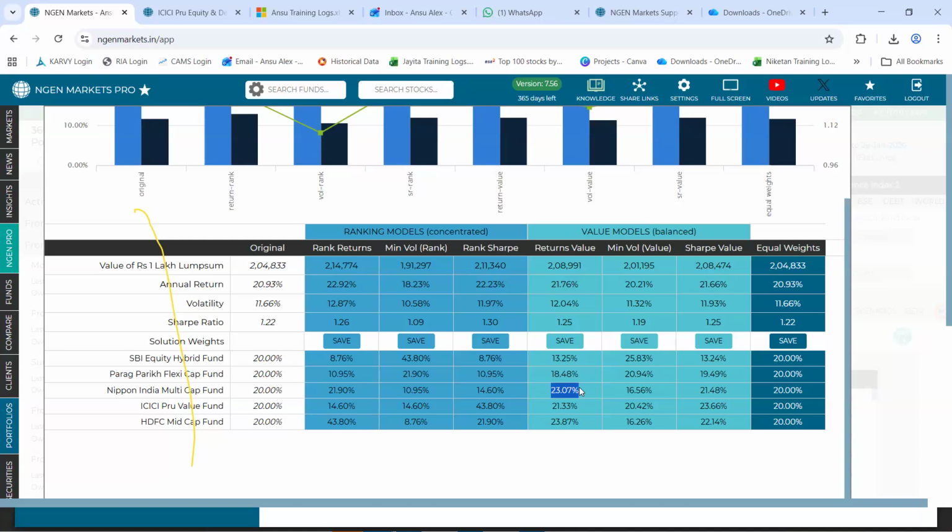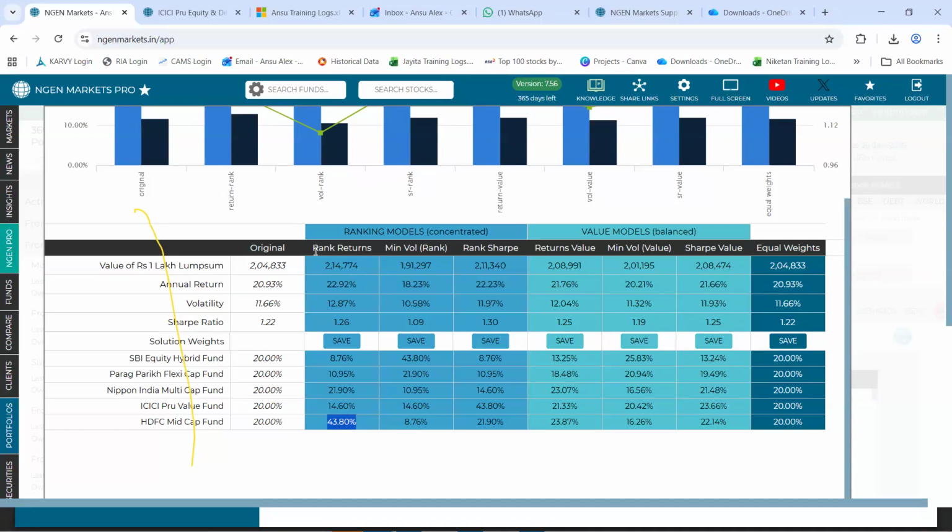Here the allocation difference is only about 0.5 or 1%. Hence, the difference between the ranking model and value model is specifically based on the allocation given to each scheme. The ranking model will give maximum allocation to a single fund, while the value model will make sure that the allocation is provided to each scheme in a balanced way.